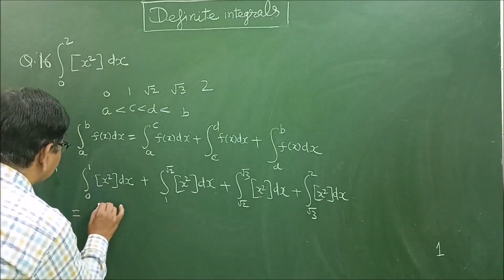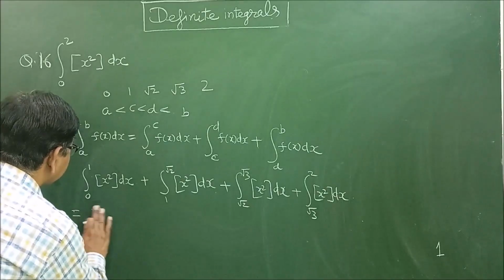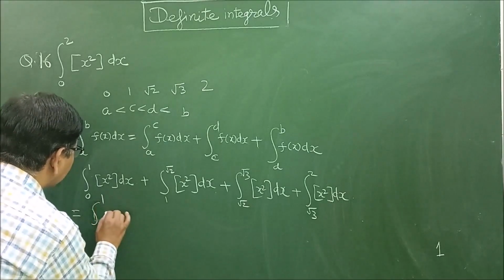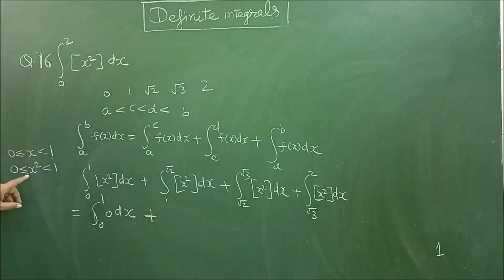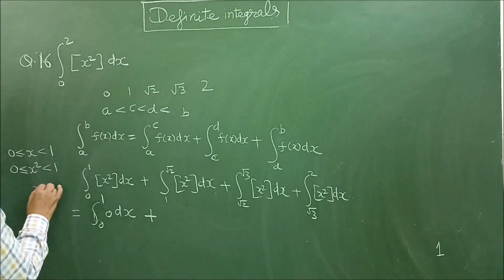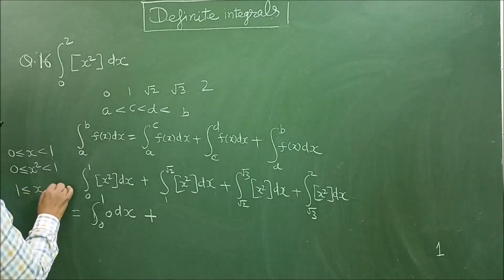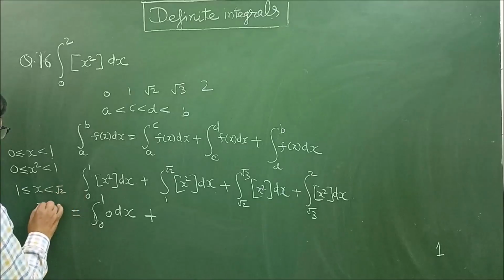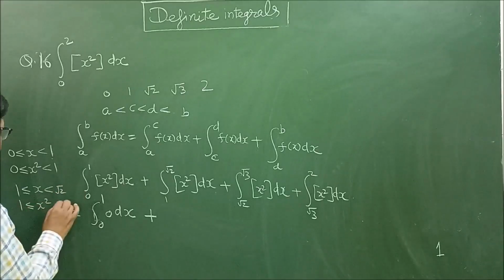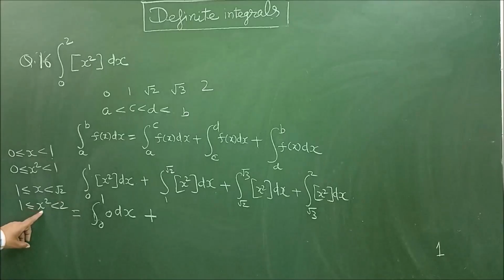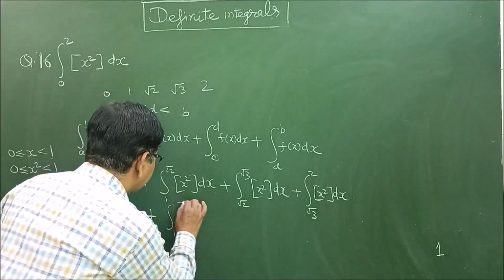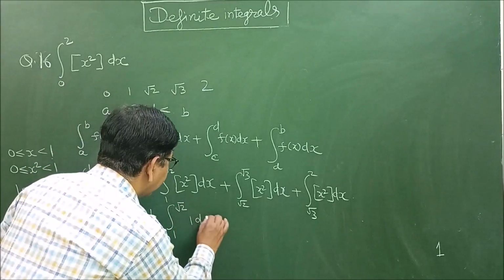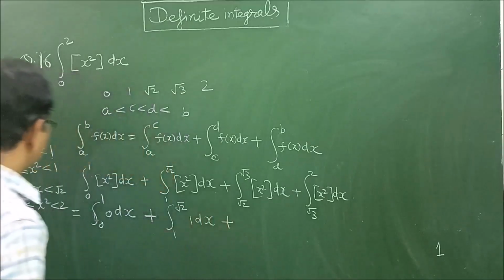That is, I can say this is 0 to 1, 0 dx, plus when the value of x varies from 1 to under root 2, then x square will vary from 1 to 2, and the greatest integer x square will be equal to 1. So this will be 1 to root 2, 1 dx, plus